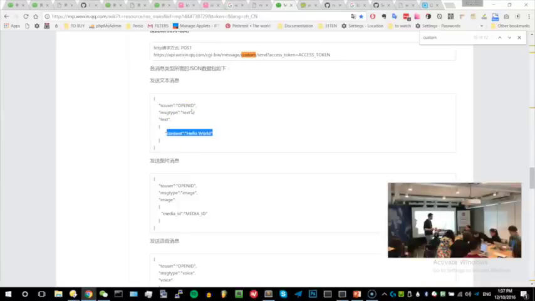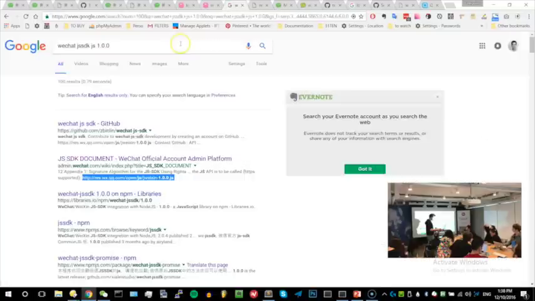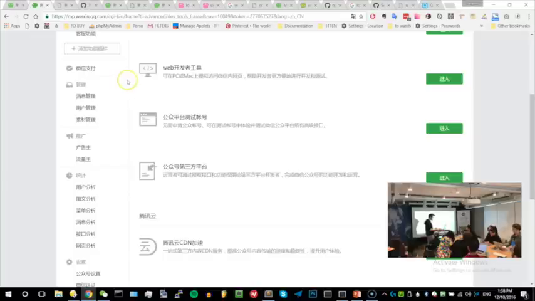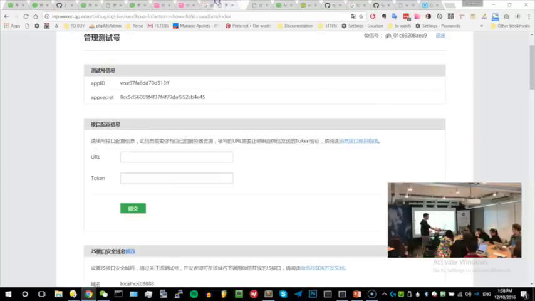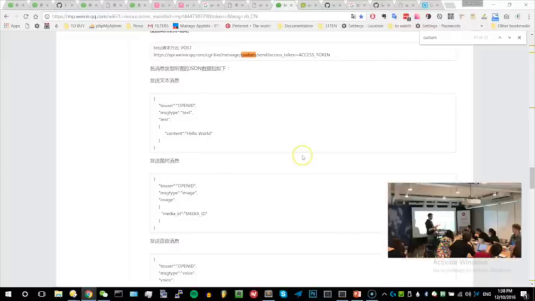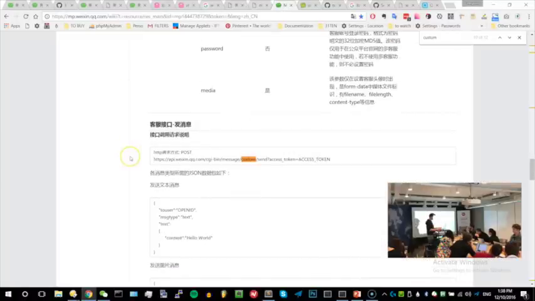So right now the problem is we don't have the OpenID of people. There are two ways of doing that. If you're on the debug mode, where's the debug mode? Here. I can see that I have the list of everybody that subscribed here, and this is the OpenID. But when you're not on the debug mode, then you need to find a way to find this OpenID. I'm not gonna show you that, but it's inside the documentation. There is a call to list all the users.